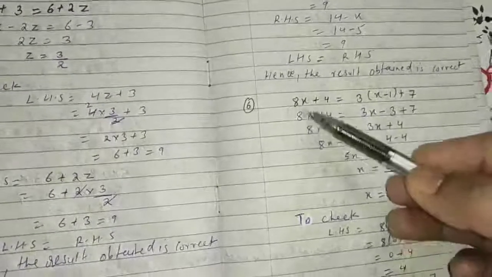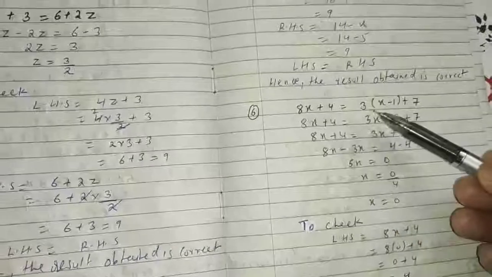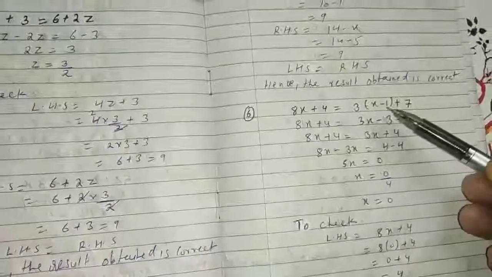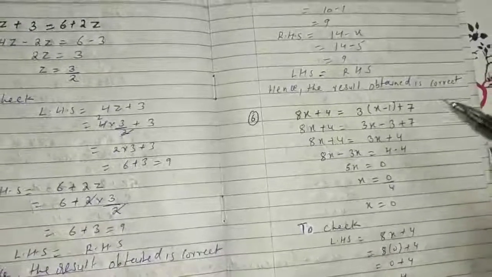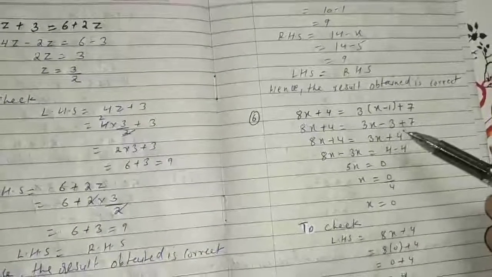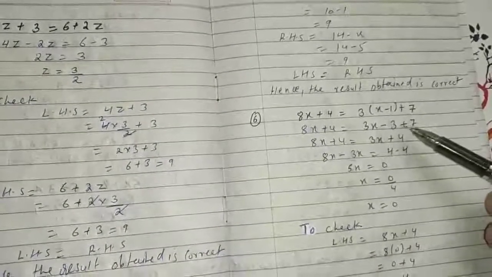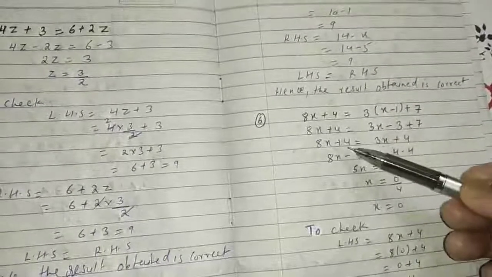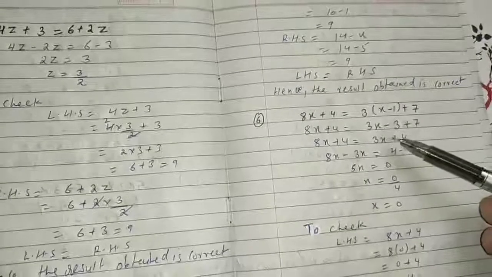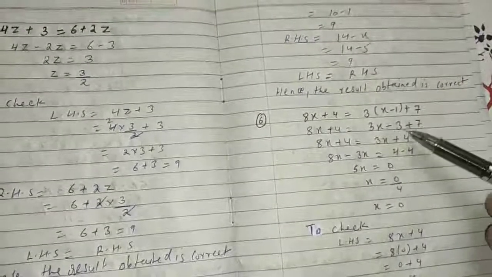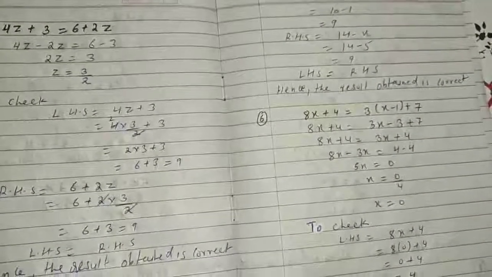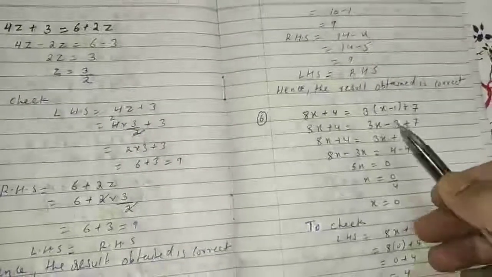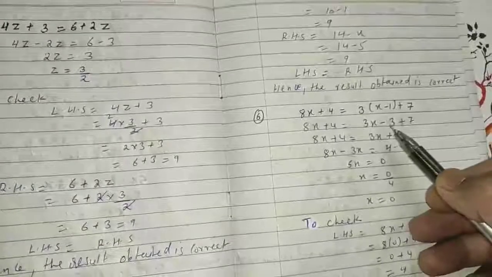That means this 3 has to be multiplied by the terms inside the bracket first, and then we can solve. So this 8x plus 4 will come as it is, and on this side 3 will be multiplied by x, so 3x, and this 3 will be multiplied by minus 1, you will get minus 3 and plus 7. So now the two constant terms are already on this side. First we solve this. So this will come as it is, 8x plus 4, and this will be 3x minus 3 and plus 7 will be plus 4. Sometimes in a hurry we'll do 10, but make sure that it is minus 3 and this is plus 7, so 4.